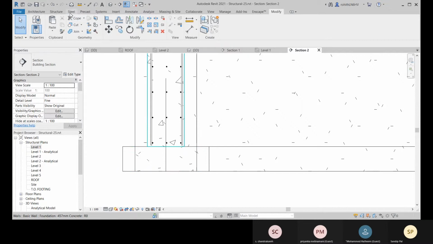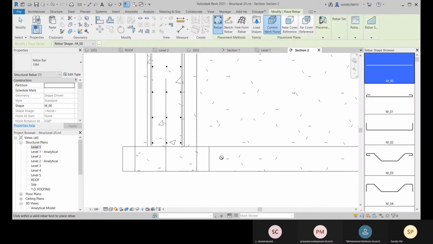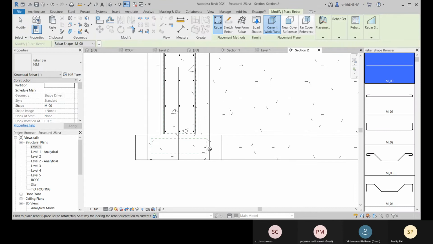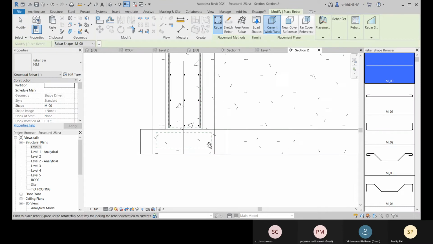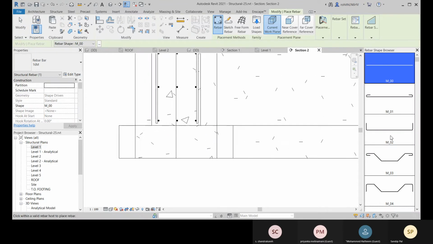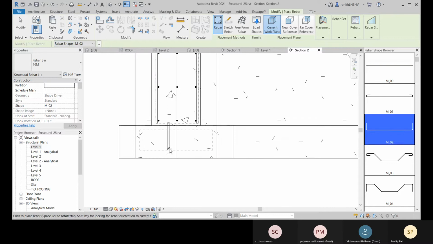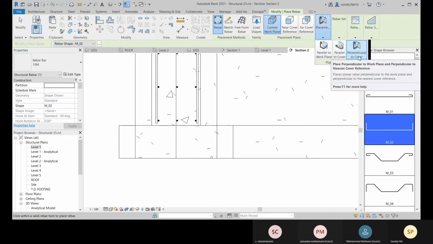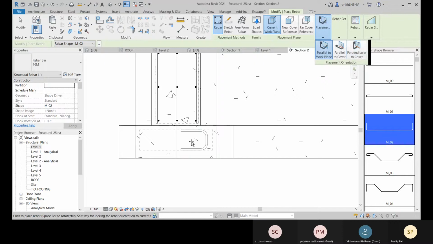Come to this rebar option, structure rebar, and suppose you need to place as per your need, you can choose this one and place it. So the placement is right now perpendicular to cover. We'll be selecting parallel to work plane, so it will place like this.